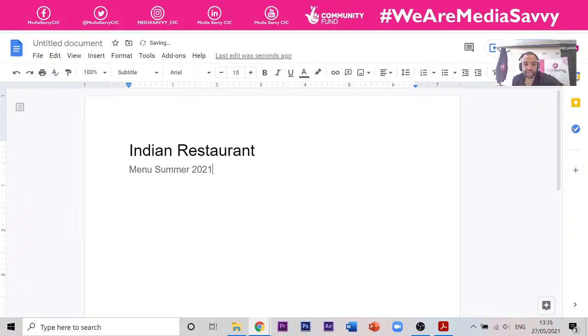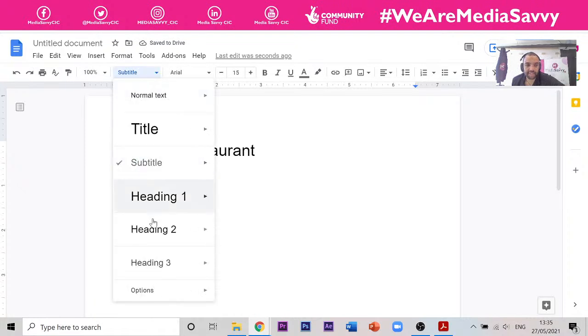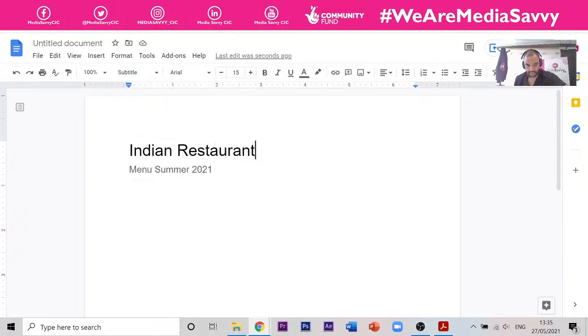Okay, as you can see, by selecting these different presets, they already come with their own